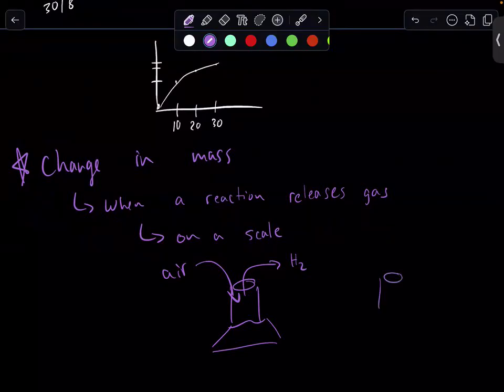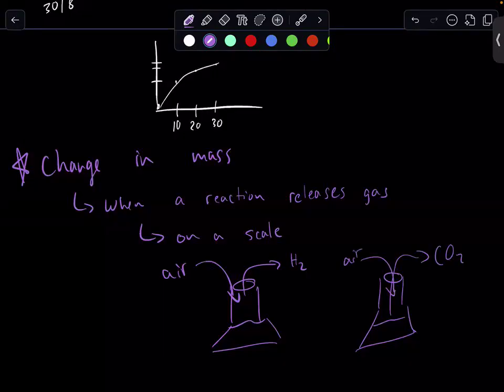Meanwhile, if you have a reaction like baking soda and vinegar, you might release carbon dioxide, which will then get replaced by air. And on average, carbon dioxide has a heavier mass than air. So there are these factors that you have to start thinking about as you do an equation by mass if you are taking that overall